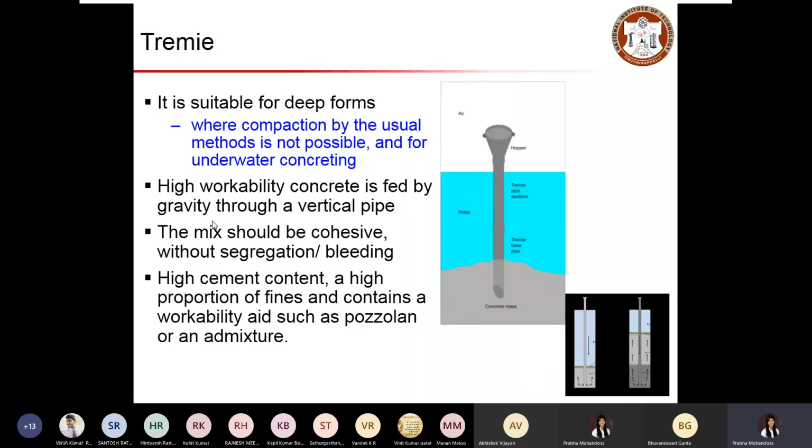It is suitable for deep forms, where we have to pour our concrete to certain depths below the ground level, and it is mainly used for underwater concreting. Here you can see in this image we have a pipe and a hopper, on which we pour the concrete, and this pipe is inserted into the place or level where you have to pour your concrete member.